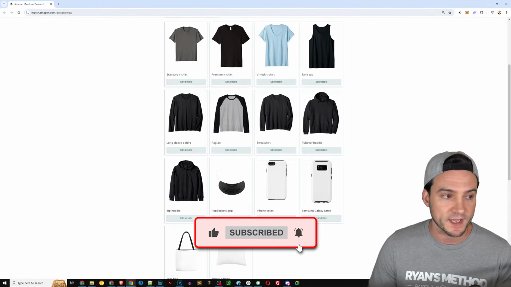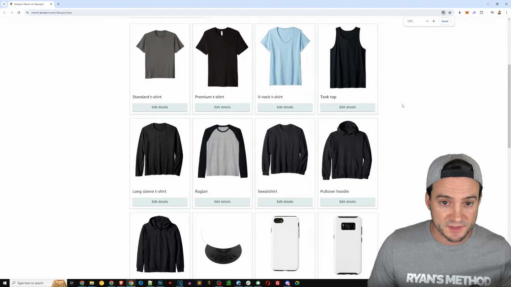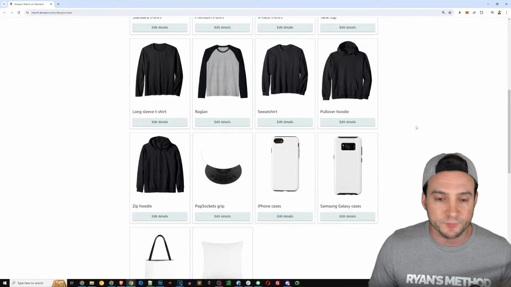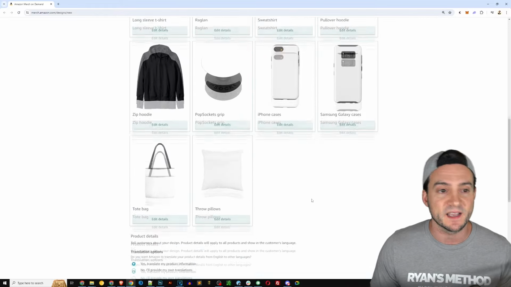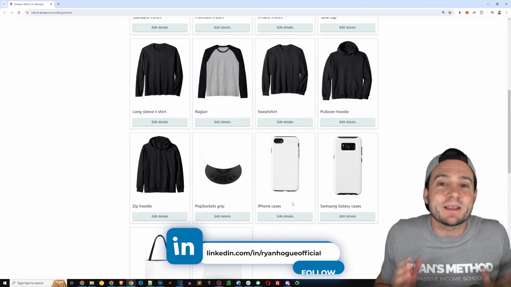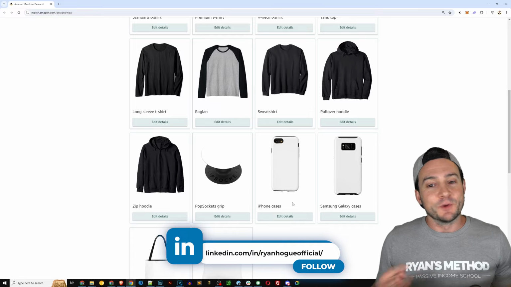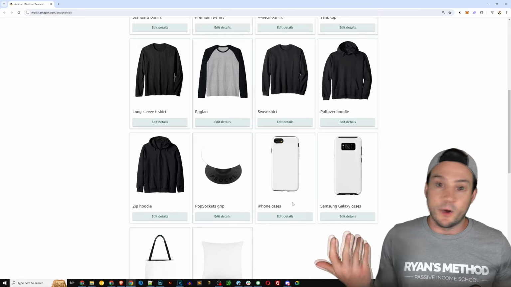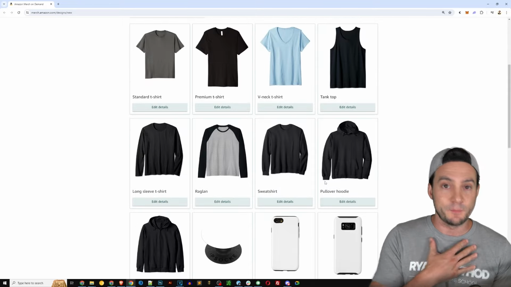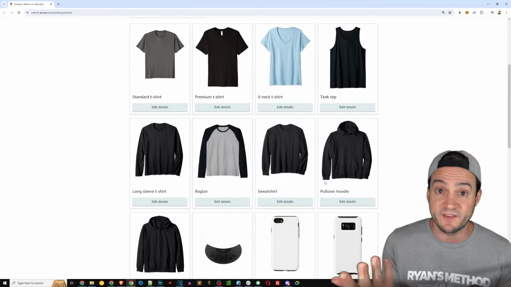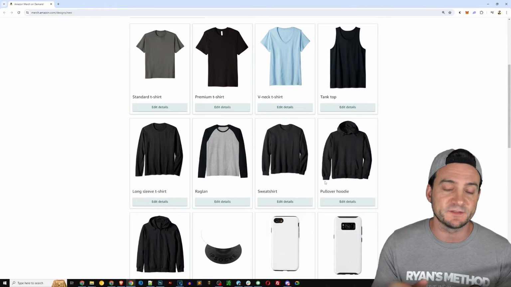Amazon merch products, okay? Amazon merch products include the ones you see here. You've got t-shirts, tank tops, long sleeves, raglans, sweatshirts, hoodies, pop sockets, phone cases, tote bags, and throw pillows. It's not that you can't compete with them, but if you want to be successful and your benchmark is only FBM through Seller Central, the likelihood of you achieving success, in my humble opinion, having done this for 7.5 years at this point, is if you avoid these, you will likely be more successful, because Amazon merch